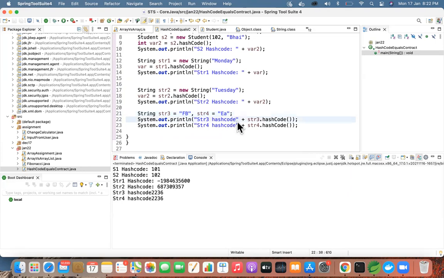So here in this case, we are getting the same values. So we might have a question like, will hash code return a unique value every time or will it return even the same values? Now can you go to your object.class?